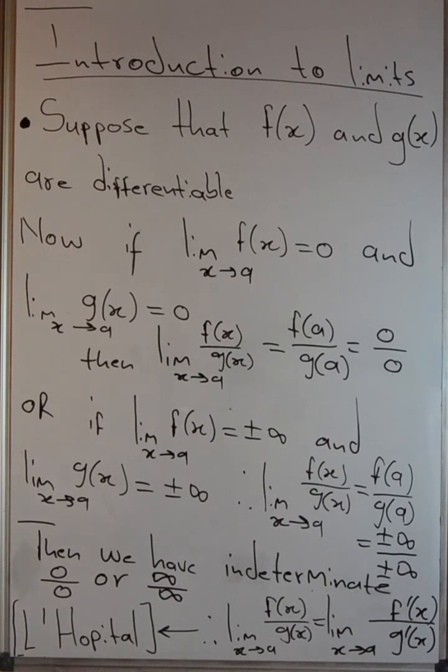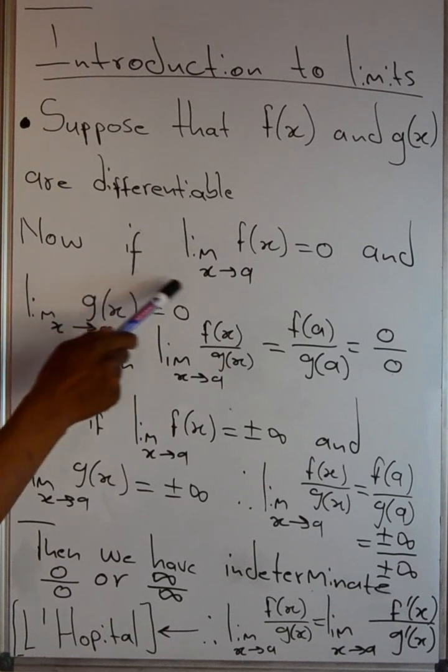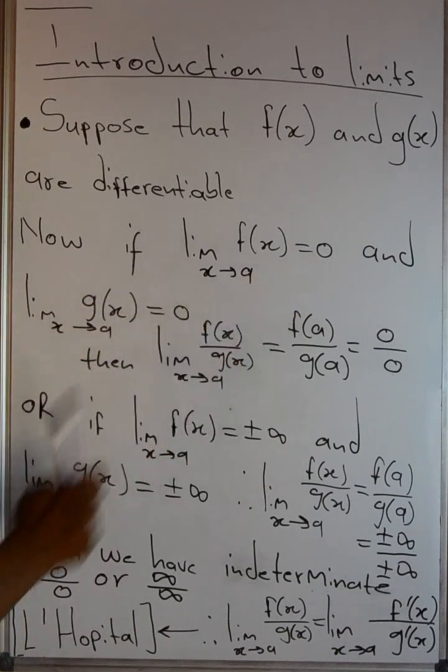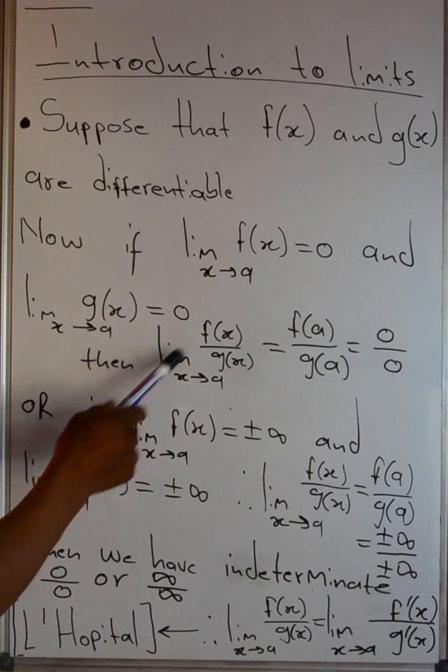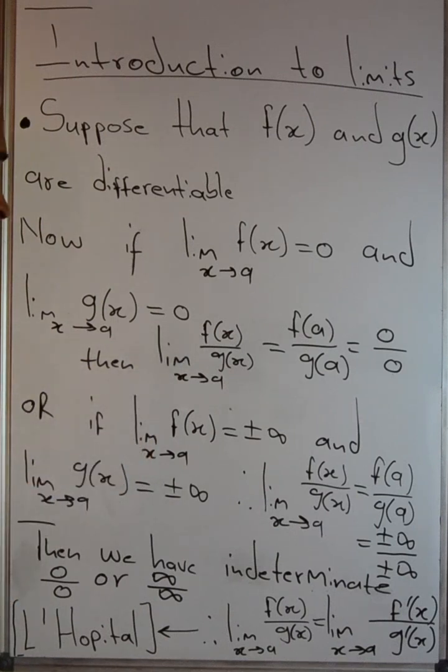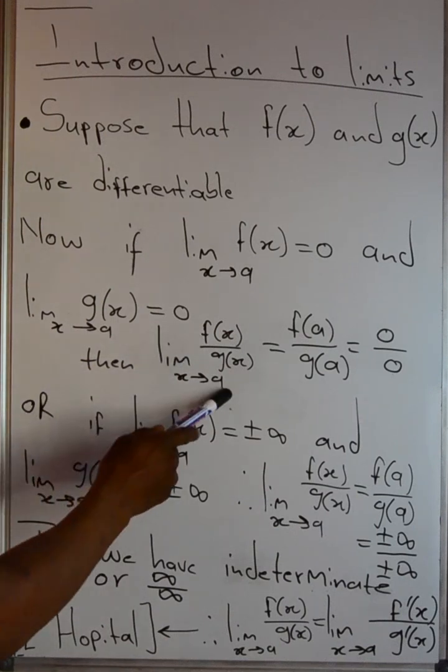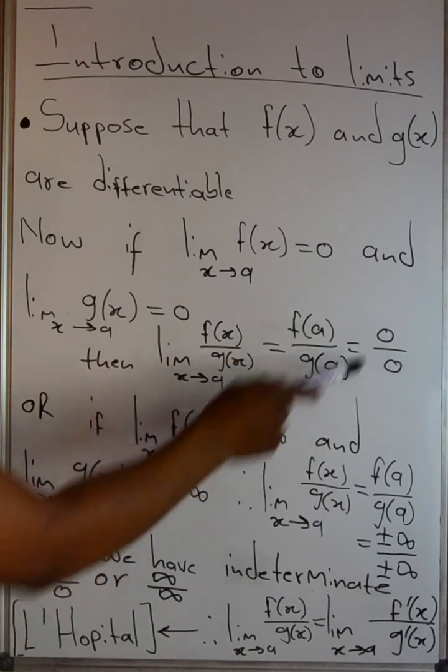So suppose that we have two functions, f of x and g of x, and we say that these functions are differentiable, meaning that they can be differentiated. So now, if the limit of f of x equals 0 when x approaches a, where a is just any number, and the limit of g of x equals 0 when x approaches a, then we conclude by saying that the limit of f of x over g of x when x approaches a by direct substitution equals